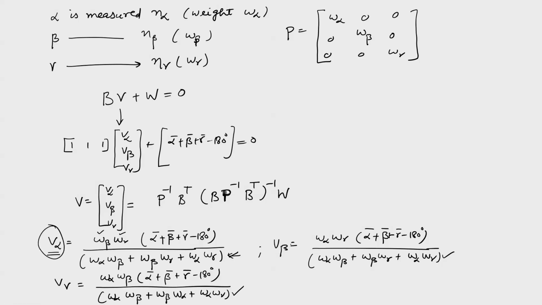Similarly, you can see with other angles like V beta and V gamma. Automatically, if W alpha is less, it will contribute less error to V beta as well as V gamma. That's the idea here. You can understand the magic of the weight: the moment you assign the weights to the observations, how errors are going to change.